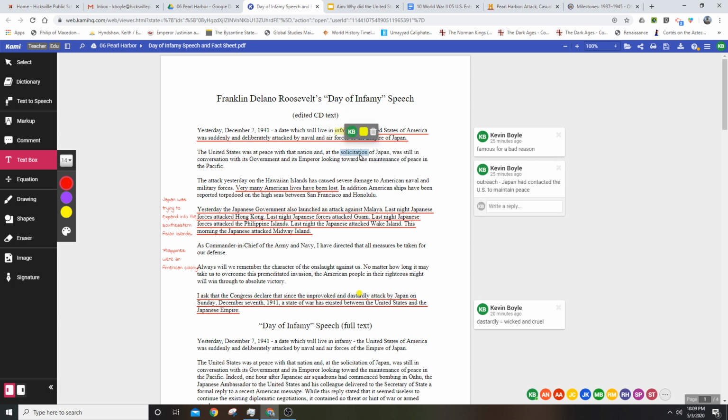Solicitation means outreach. So in the context of this sentence, we'll read it in a moment. Japan had solicited the United States to maintain peace in the Pacific at some point. We'll read that in a moment. And then the word dastardly down here. Dastardly means wicked and cruel. All right. So just previewing these vocabulary words, especially infamous and dastardly, we're going to read about something bad that